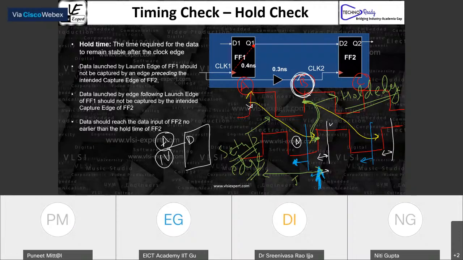If you want to say metastable state, yes. Basically, I don't know. So what is the output? Even if it is in a metastable state, can you tell me what's going to be your output data?